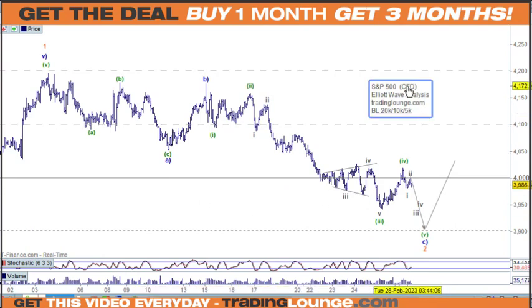So we've got the S&P here. So with the S&P here, yeah, same thing. In this case, we're just looking for one more low here. As I mentioned in the stock video this morning, it's a little bit difficult to expand it out and call this wave 1 here and wave 2 over here. We could do that, but it just doesn't sort of match up nicely with